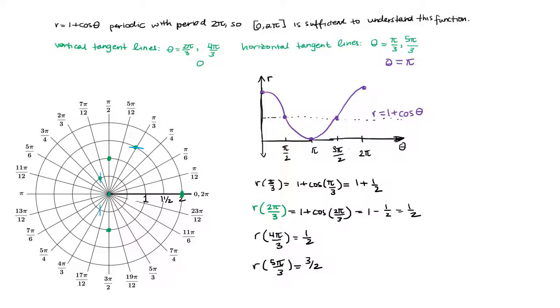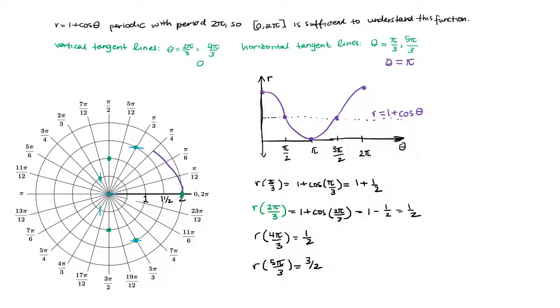At 5 pi over 3, we have distance 1.5 from our center, and we have a little horizontal tangent line, like that. Okay. And at pi, we're supposed to have a little horizontal tangent line, like that. Okay, so we can start to fill this guy in. So if we draw him in, we see this cardioid,